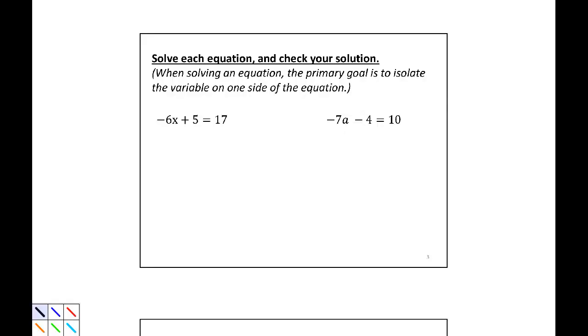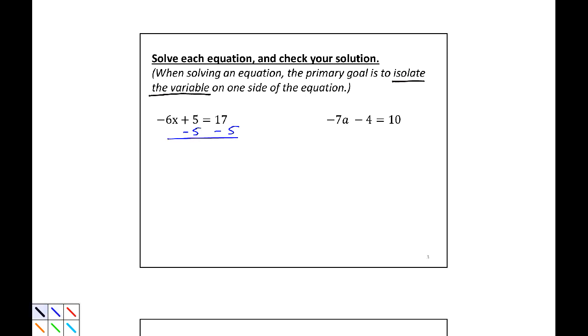The most important thing to remember when we are solving linear equations is that we are isolating the variable on one side of the equation. So in these first couple of examples, we only have one occurrence of the variable, so we'll go ahead and isolate that. First, we will subtract 5 from both sides